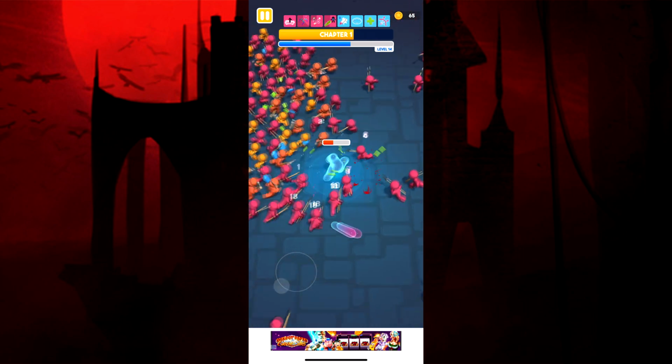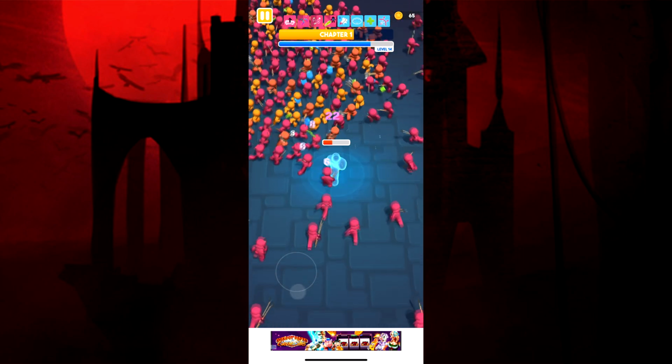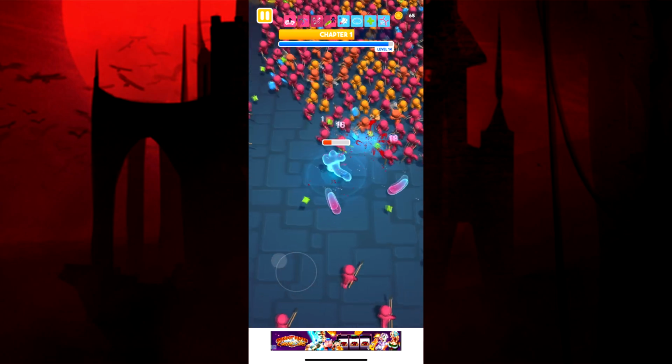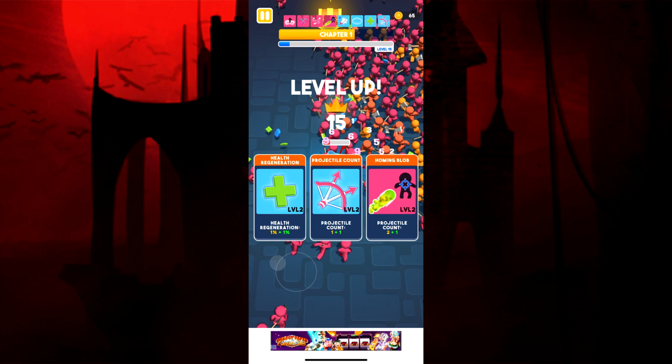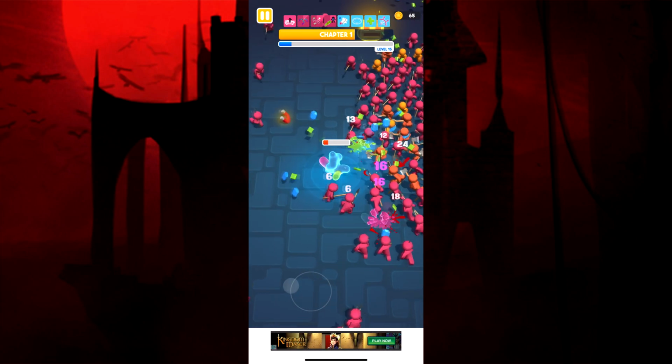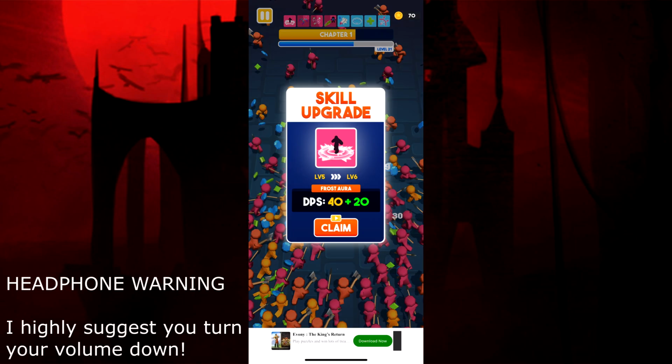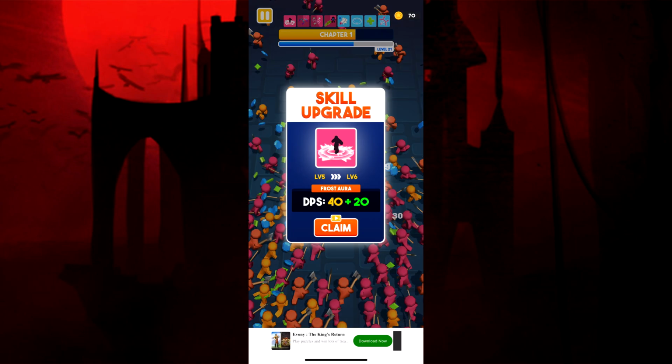As I'm playing, I'm wondering, is there a time limit? How long do I need to survive? For all I knew, this could be endless. But I get the yellow bar at the top of the screen indicated there was time, but there were no actual digits allowing me to see the exact number of minutes or seconds I've gone on for. Alright, level 21. My blob can legally drink. Let's go for a little upgrade here and...